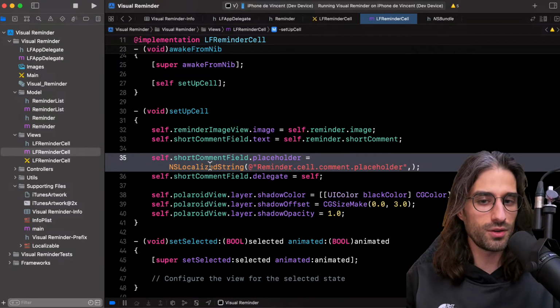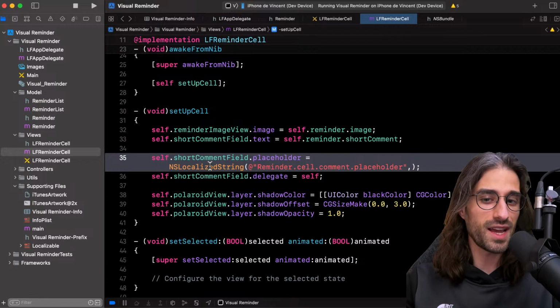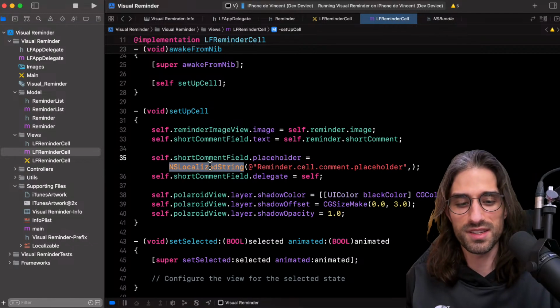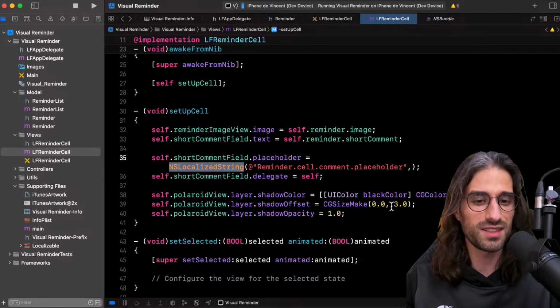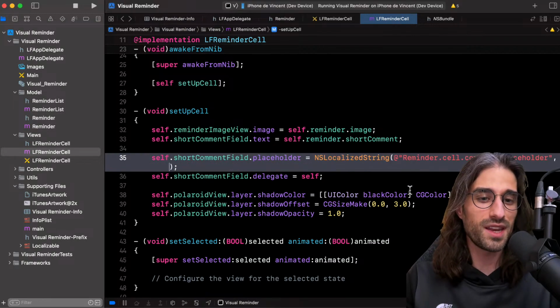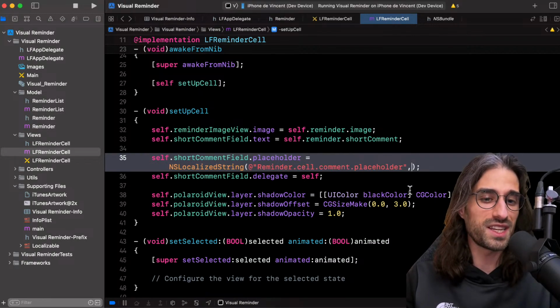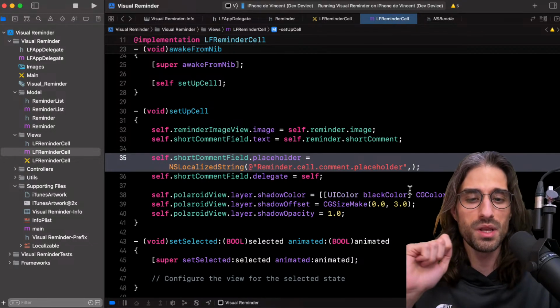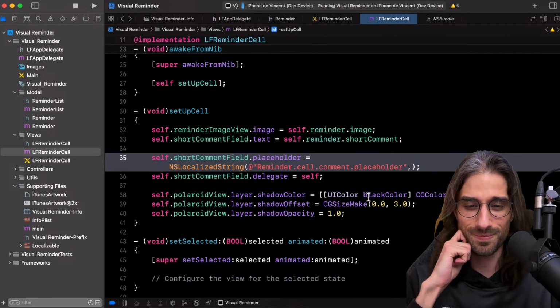Once again, another riddle for you. When I say it's not like a function call, it's because there is one thing you cannot do with a macro that you can do with a function call. If you can guess what it is, you can say it in the chat. So one of the things with a macro is that you can avoid providing an argument. Like here, you can see that I'm not providing a second argument. It's not the thing I had in mind. There is another thing that is not possible with a macro, but that is possible with a function.